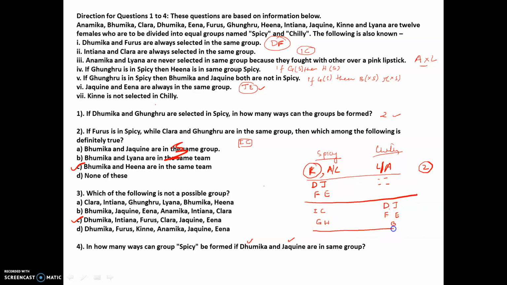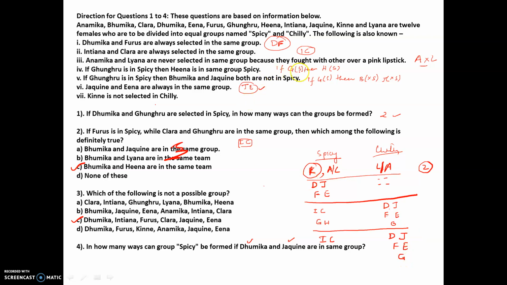But what if the case was something here? We have D and J, we have F and E, we have I and C out here, right? The fifth member for chili was one among L and A. The third and the fourth member: one is certainly K, and the fourth member is one among A and L, right? So if you see this case, what will happen? If I keep G out here, this completes the entire case, right?